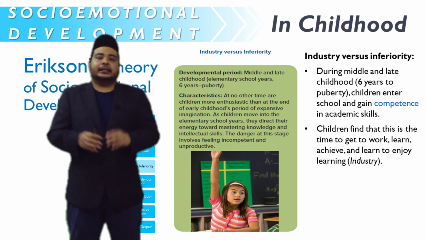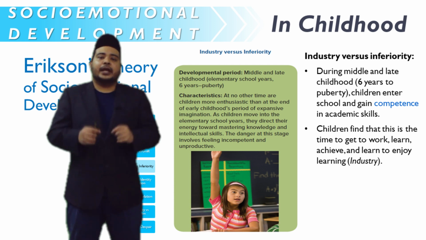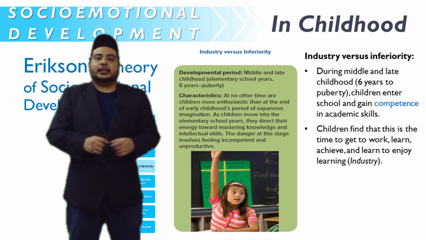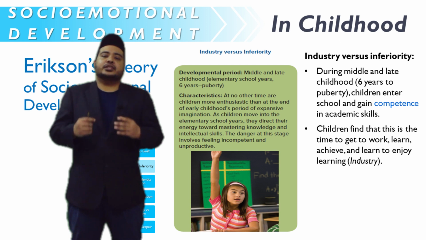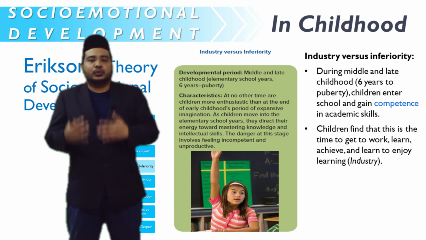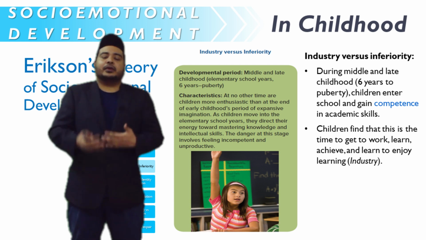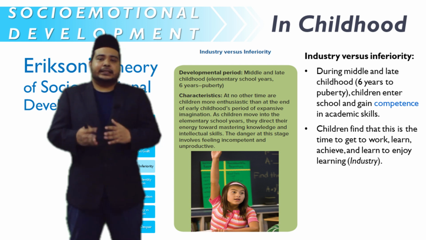This is the period to get to work, to learn, to achieve, and to learn to enjoy learning and being independent, what we call industry. If they fail to do so, they will develop negative emotions. In this sense,